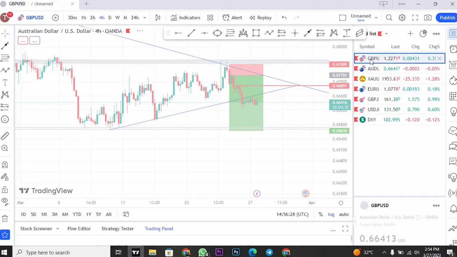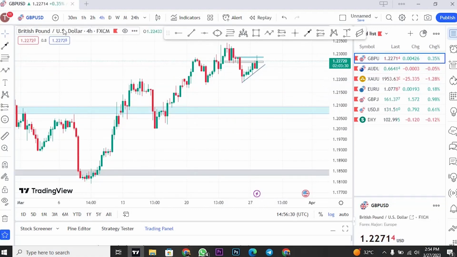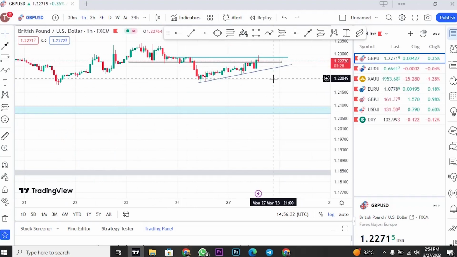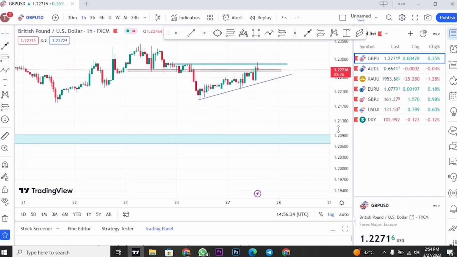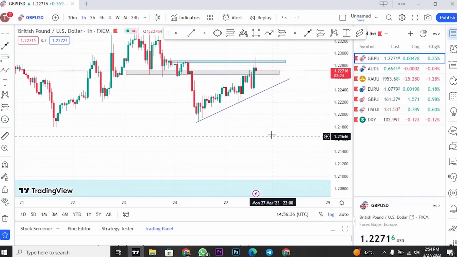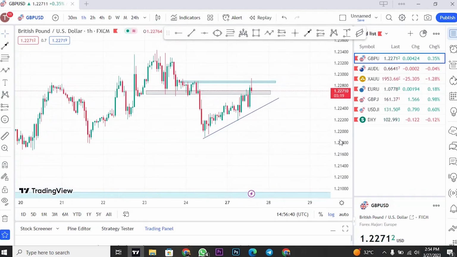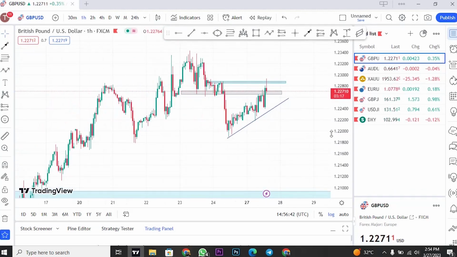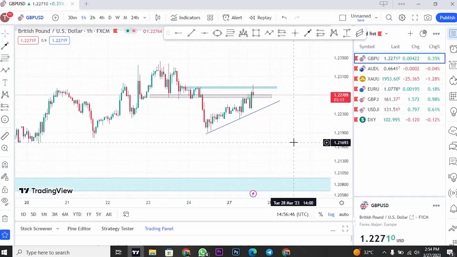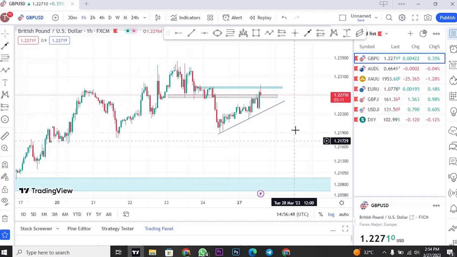And then I'm looking forward to take a setup on GBPUSD. A very nice setup on GBPUSD. But with GBPUSD, one thing I did was